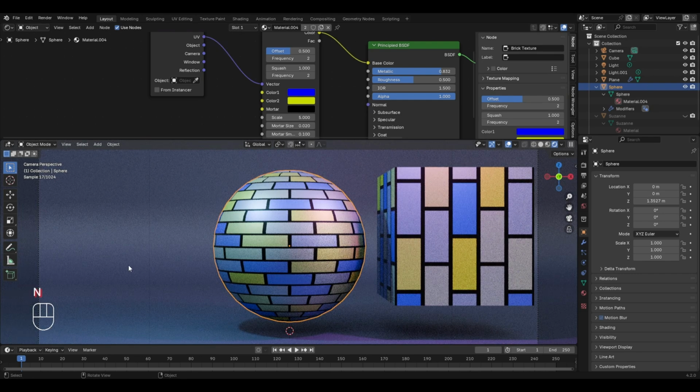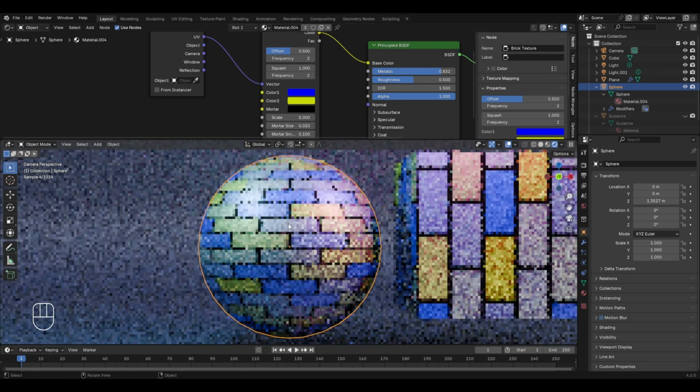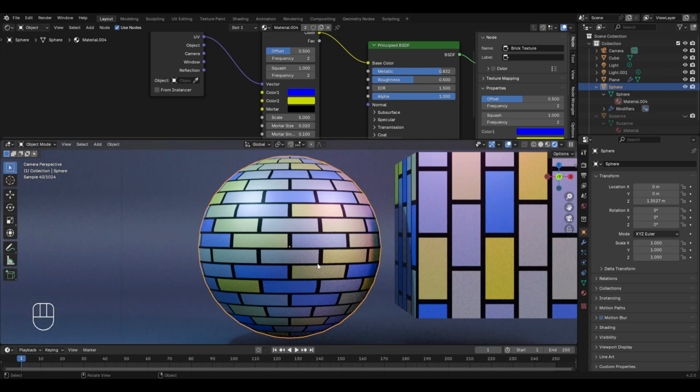Now you might feel that even though you chose the blue and the yellow colors for the brick faces, we are still getting some different colors on most of these faces. The reason behind this is that for each brick, the color will basically be a different combination of color 1 and color 2. As a result, some of the bricks are light blue in color, some are completely yellow, some are purple colored. So the color 1 and the color 2, which is the blue and yellow color, will blend together to give